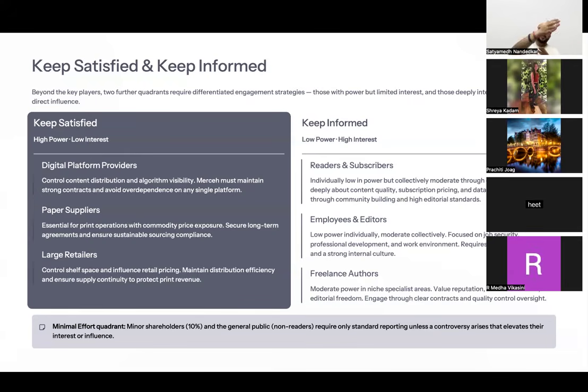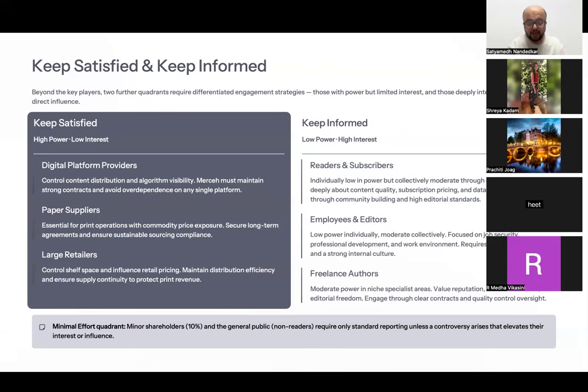They might be providing these services to 50 other publications, so for them, the financial interest might be low. It might be restricted only to the fees that you pay them. But one wrong step with the digital platform provider and your entire online business could crumble. ठीक है. Then you have paper suppliers, essential for print operations with commodity price exposure, secure long-term agreements, and ensure